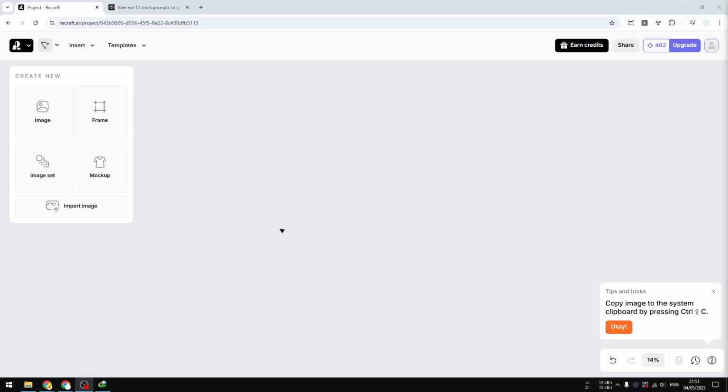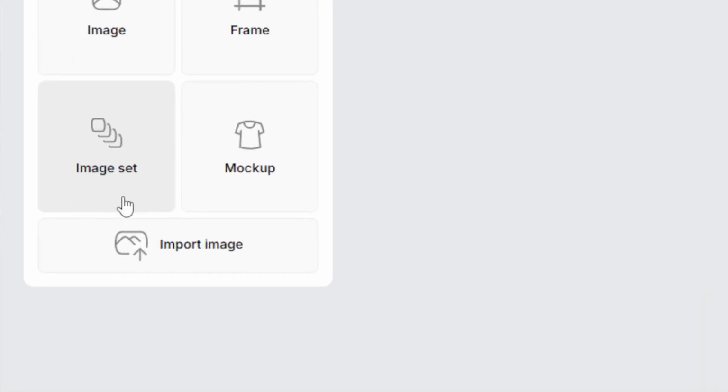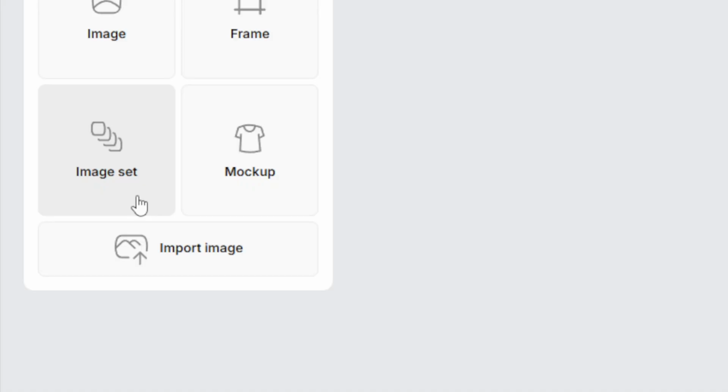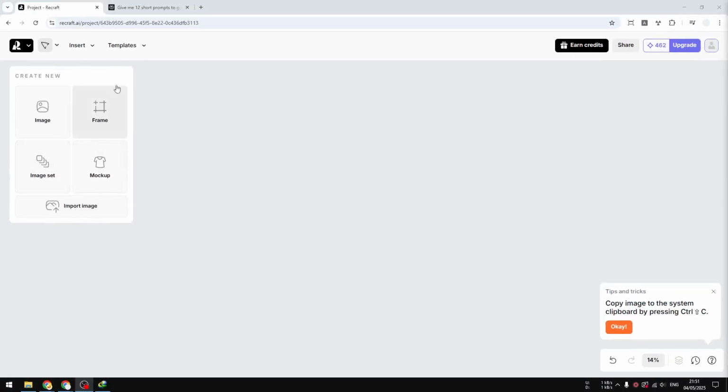In this video, I'm going to show you how you can use the image set feature on Recraft AI. This feature is very useful for anyone that wants to create multiple AI images with just a simple click and unified settings. Alright, first you have to navigate to Recraft.ai and then start a new project, and after that